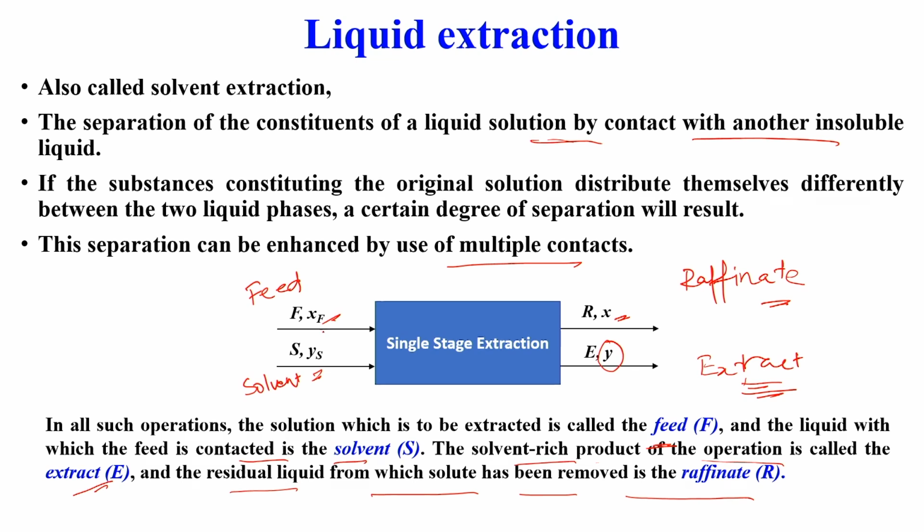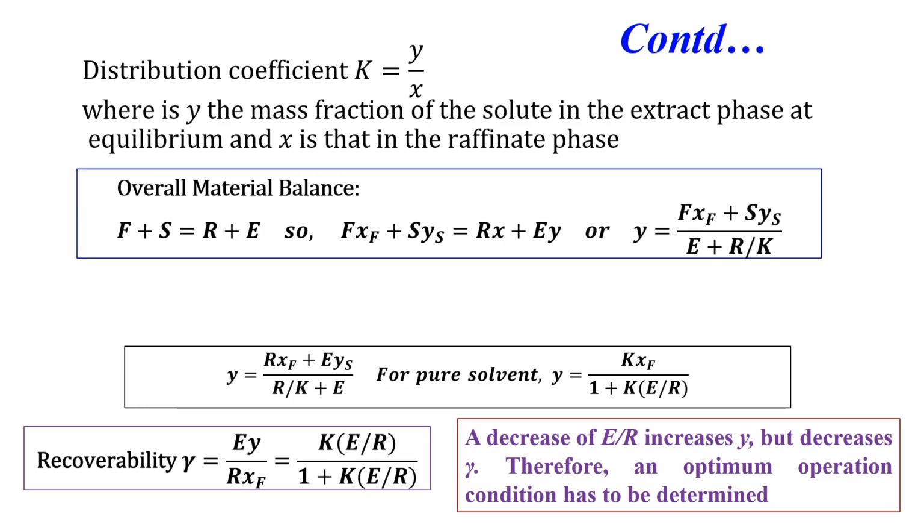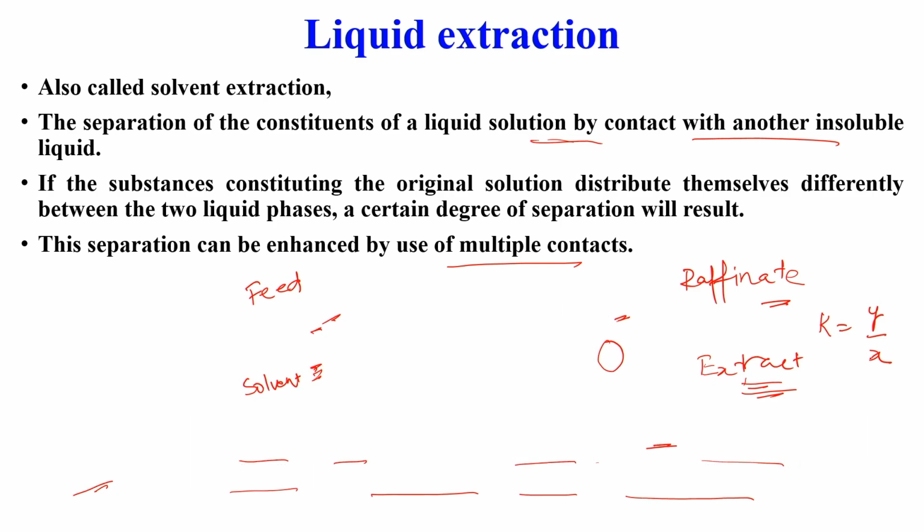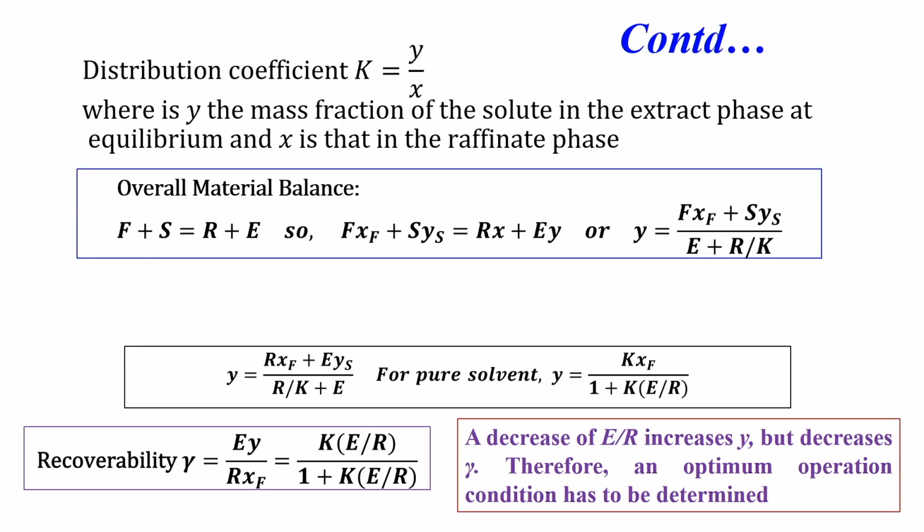Similarly, the concentration here was XF, the concentration YS, this is X and this is Y. So, here we define the distribution coefficient as Y upon X, K is defined as Y upon X, where Y is the mass fraction of solute in the extract phase at equilibrium and X is the same in the